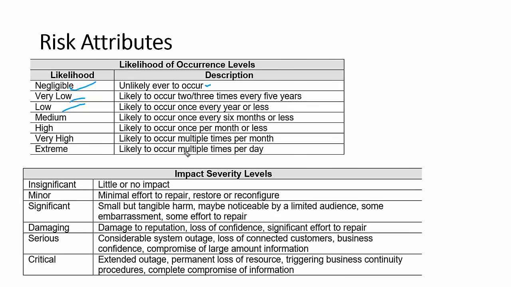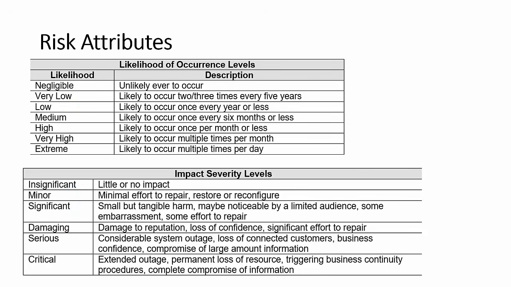So it depends upon your risk tolerance and your nature of business. And impact is also depending upon what kind of business you have. Like, you are into e-commerce, for you availability is the biggest thing. So if this attack happens, the server will be down, it has a big impact. So we give the rating for that impact as 5. So here insignificant is basically little to no impact. Minor means minimal effort, significant is small but tangible, damaging is damage to the reputation, then serious and critical. I will give one more example so you get a better visibility.